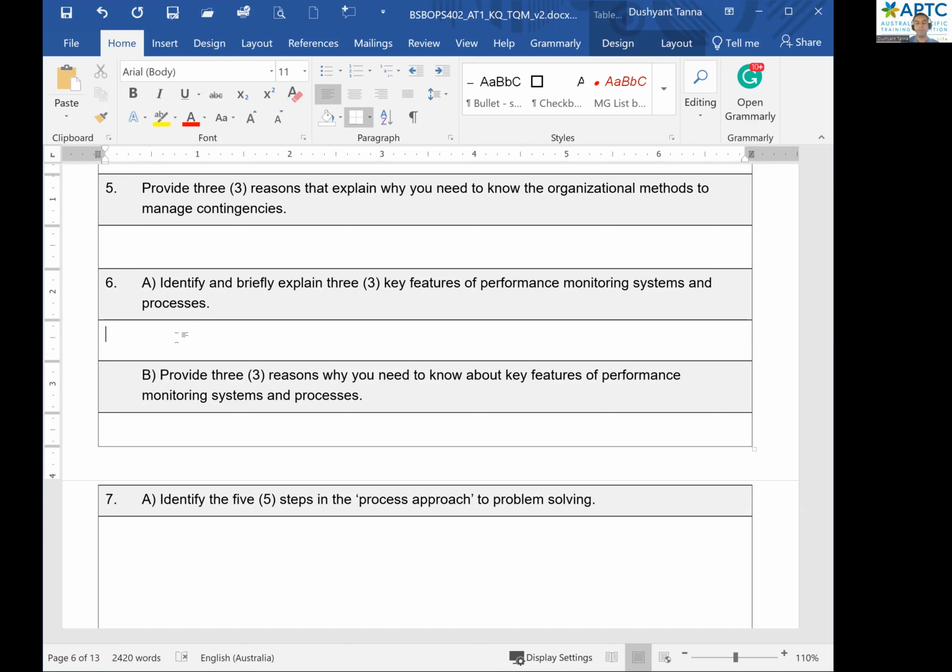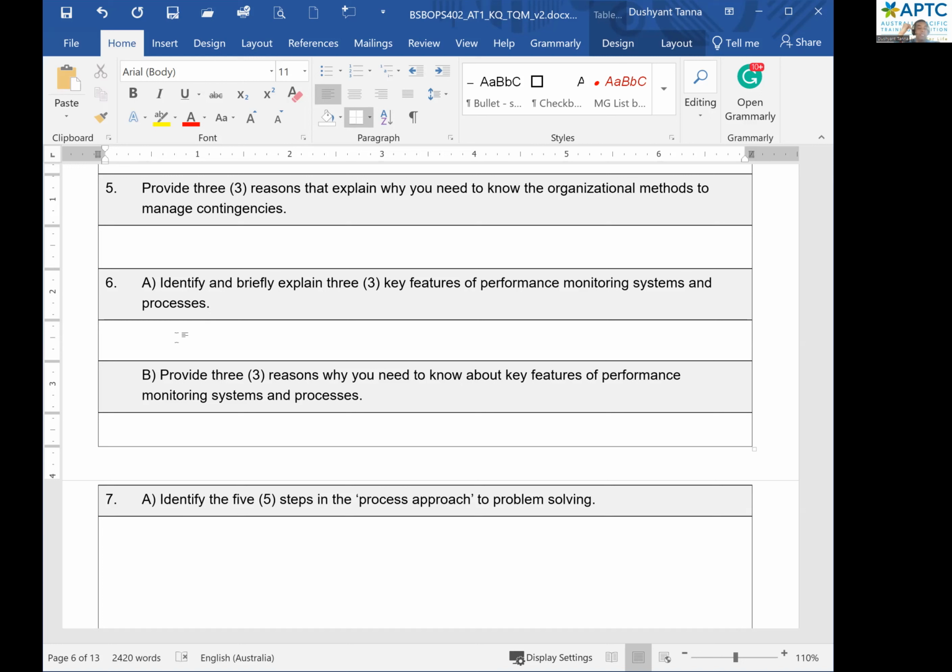Right. B, provide 3 reasons why you need to know about the key features. These are the reasons and those are the key features. If you know the key features, you'll use the latest updated one, to know the latest updated versions. If you know the reason, you can convince your supervisor, your manager or organization as well. And you know the pros and cons